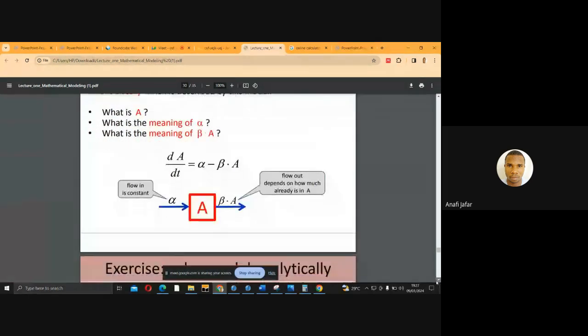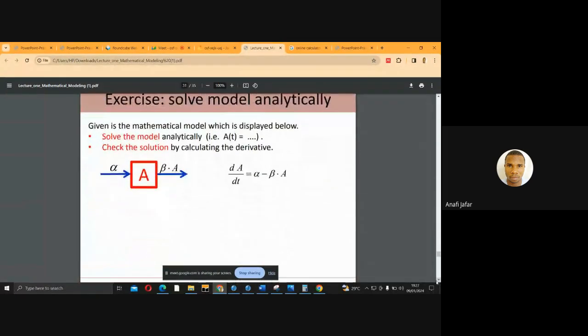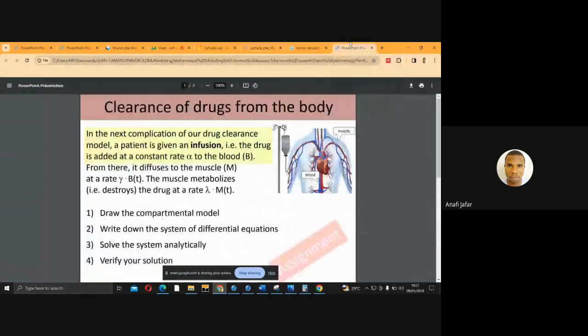This is a complex question. Let's go back to our question. You have seen a complex one, so you have to draw this diagram. When you draw it,